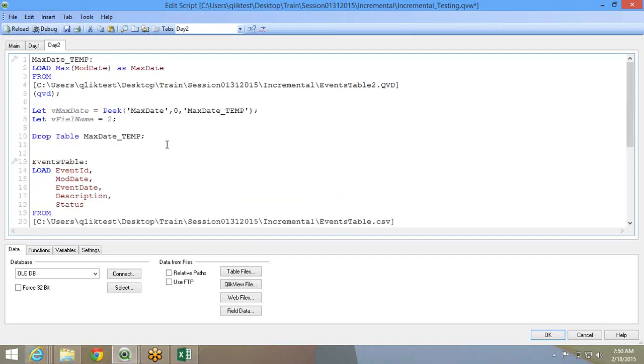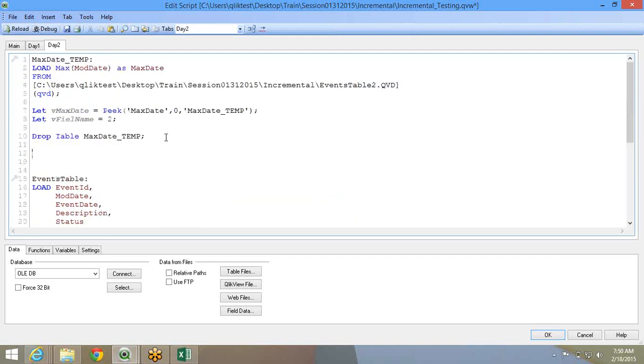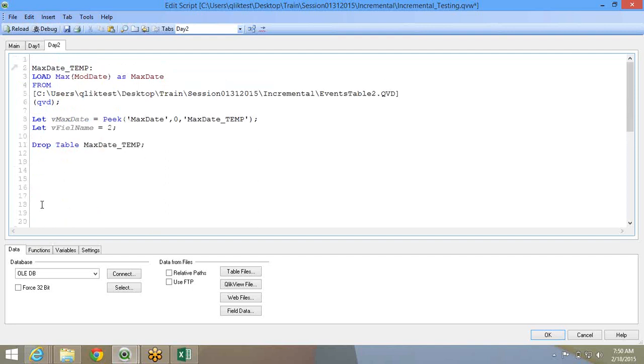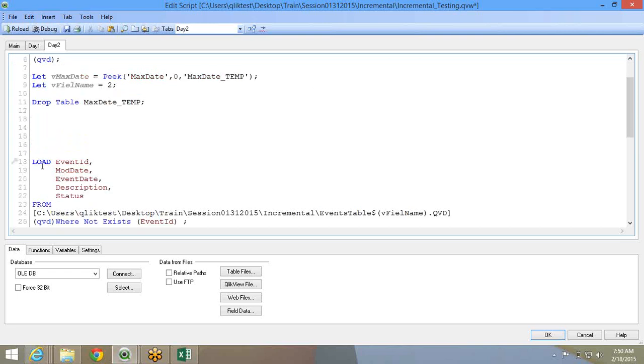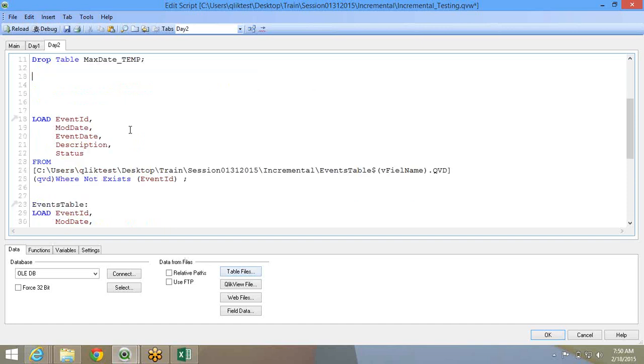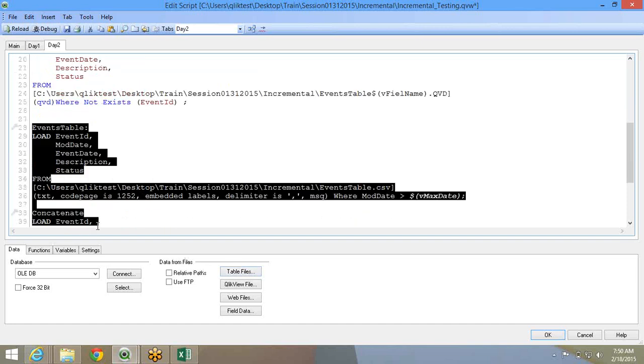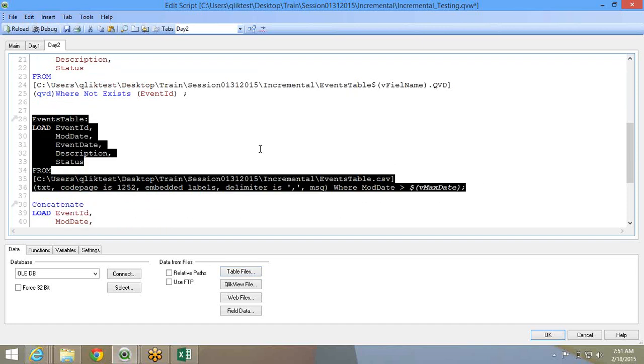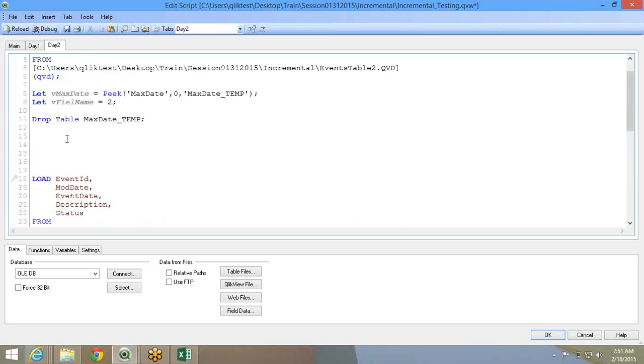This is the problem with the deleted records. So let's see here. First you'll have to manage the deleted records, then in the same file, if you have the changed records, you'll have to manage the changed records. The same kind of functionality, you'll have to load this table again. Okay, so the events table.